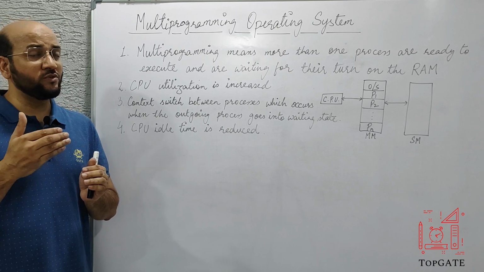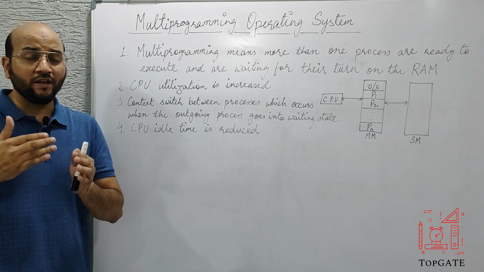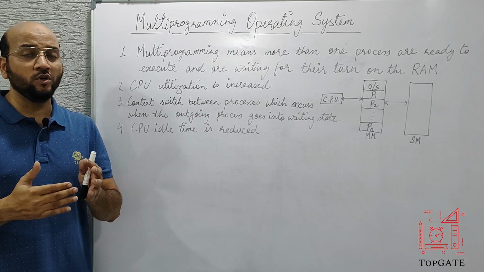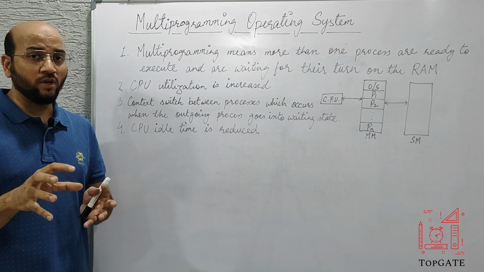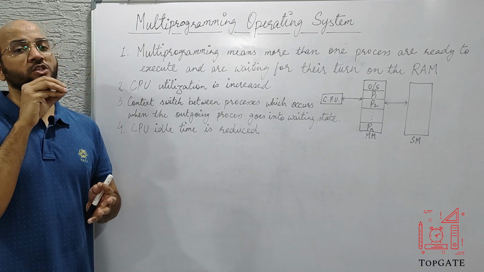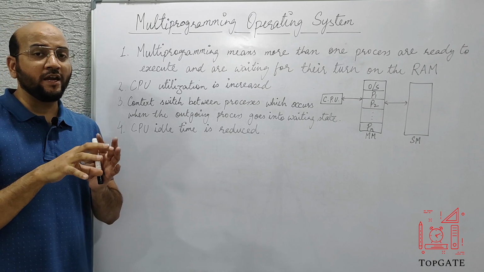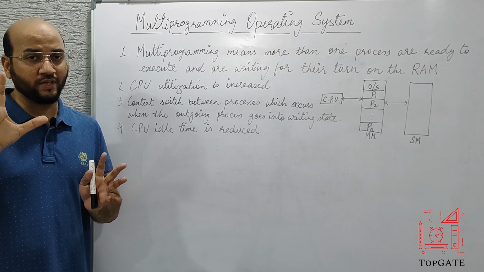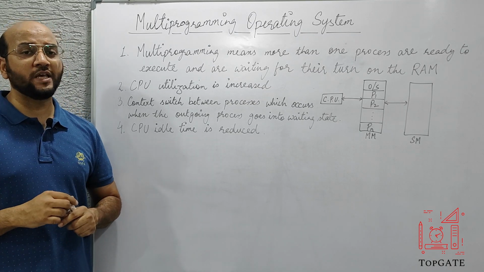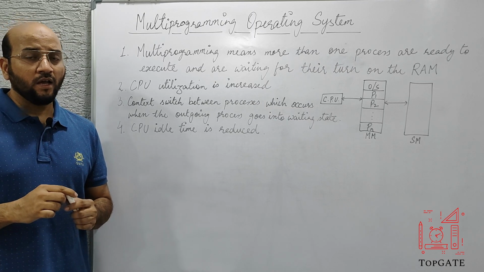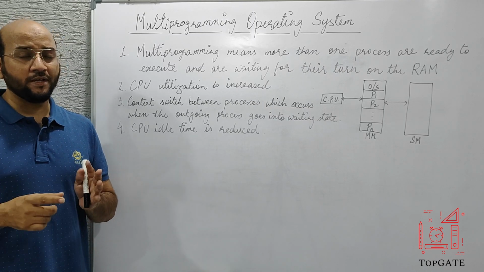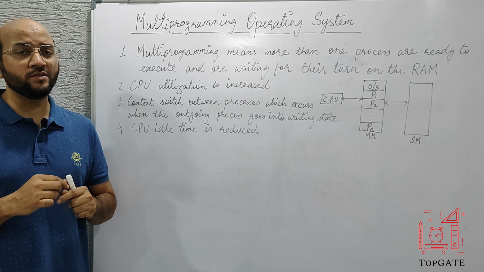Now all these processes which are there on the RAM and waiting for their turn to be executed by the CPU, the short-term scheduler will pick any one process from this RAM and send it to the CPU for execution. Now suppose the CPU is executing this program, and after executing it partially, this process says that